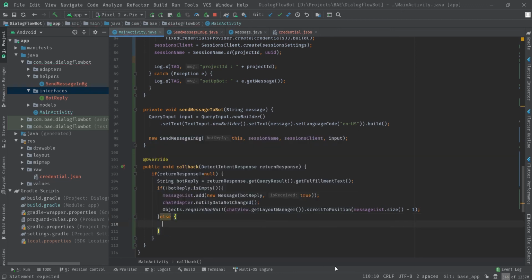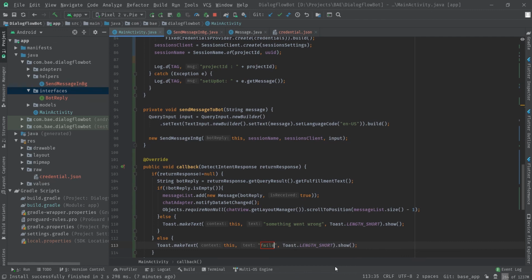So here what I'm doing is I will be showing a toast: something went wrong, and this has failed to connect.